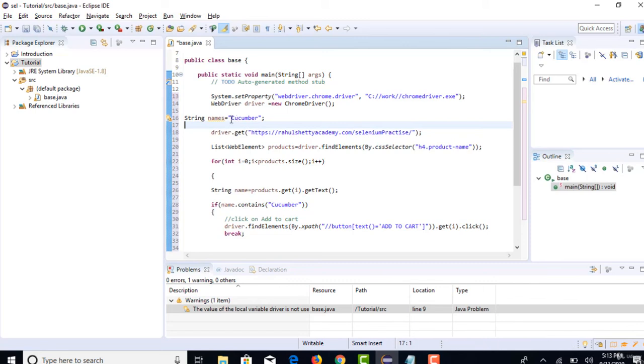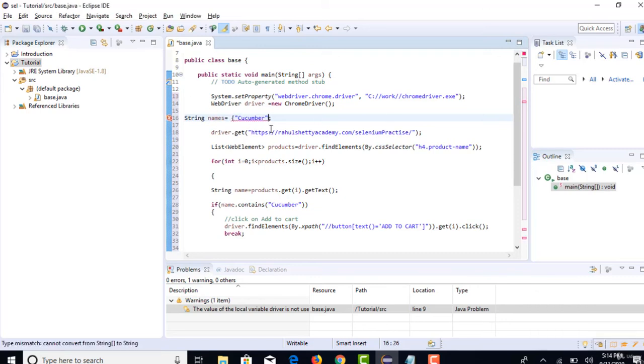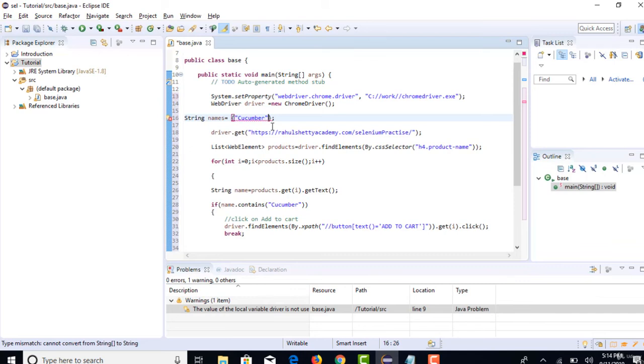When you want to create an array, it's very simple. Put brackets, one second, sorry, curly brackets, not this one. Right. You have to enclose them in curly brackets, and as you want to give multiple products, just put a comma and all the product names.